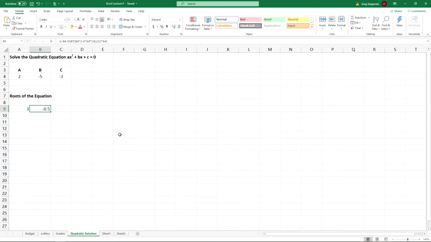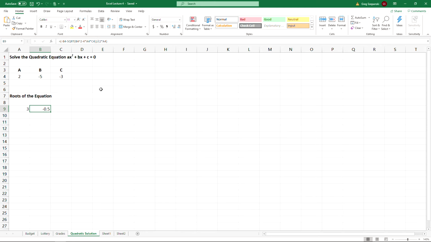So there's a square root of b squared minus 4ac. Well, in math, you can take the square root of -1. You get an imaginary number, an i or a j, depending upon which textbook you're referring to. Excel can't do imaginary numbers. It doesn't recognize imaginary numbers. So when you use this equation to solve for